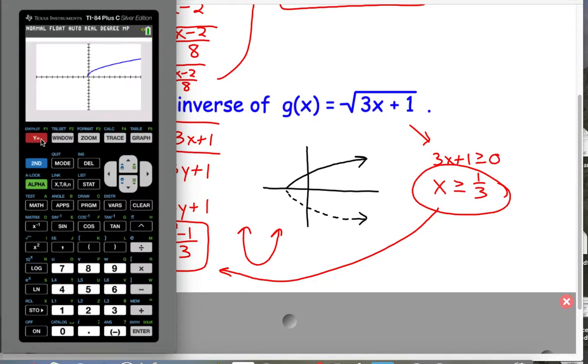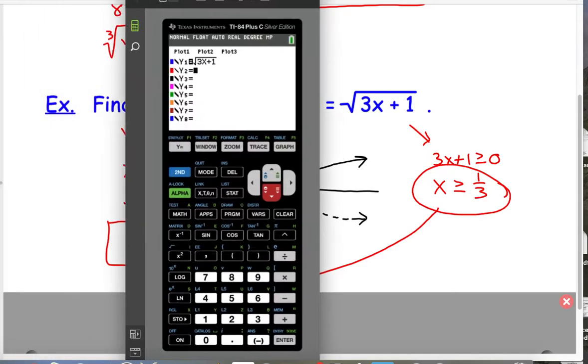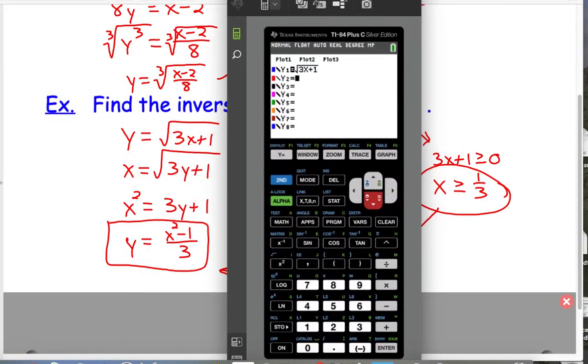So now let's go ahead and graph our inverse, which we came up with as x squared minus 1 over 3, and notice we only want the part where x is greater than or equal to negative 1/3. So I'm going to go to y equals,